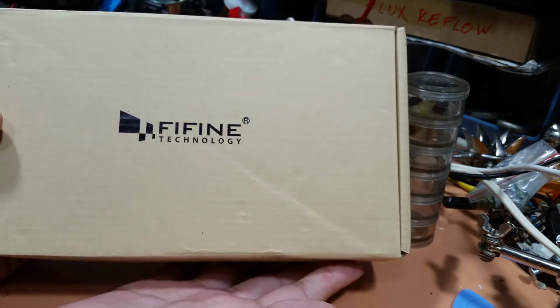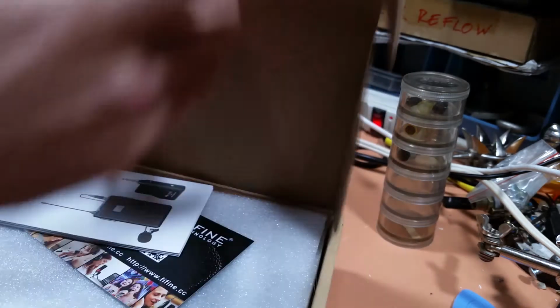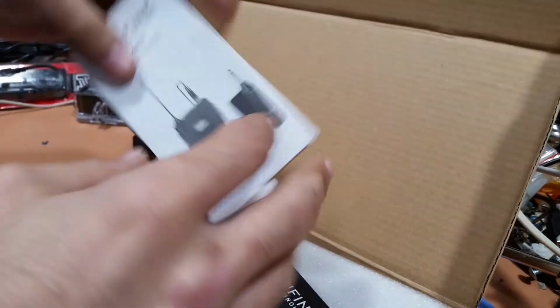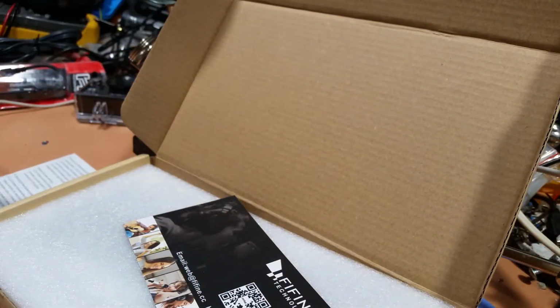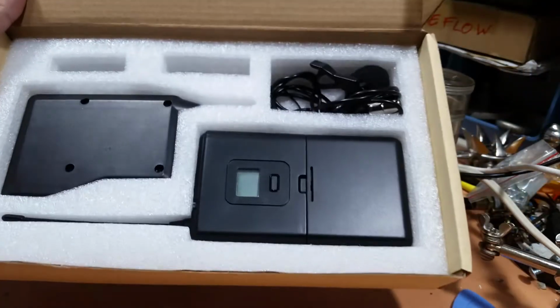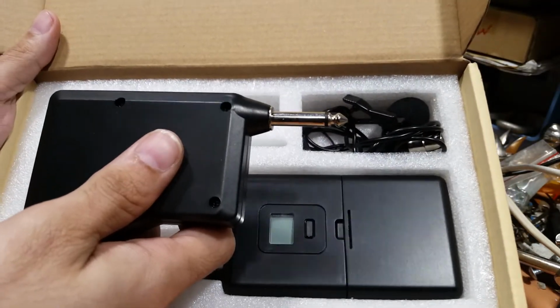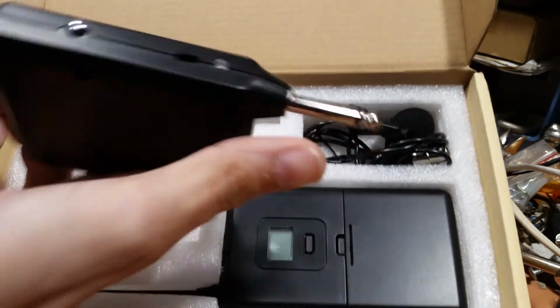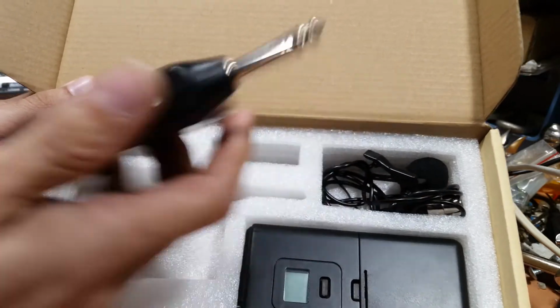Okay, so I got this Fifine Technology wireless microphone. All right, I've already tested it out. I went through the user manual as best I could, but I'm not sure if it's this root canal that I need or the English that was in here that's causing me pain right now. But here it is, okay? And this is how I discovered that I messed up my Akaso mod. It's because this is a mono 1/4 inch TRS jack. And this is just an all-in-one synthetic PLL receiver. This guy over here,